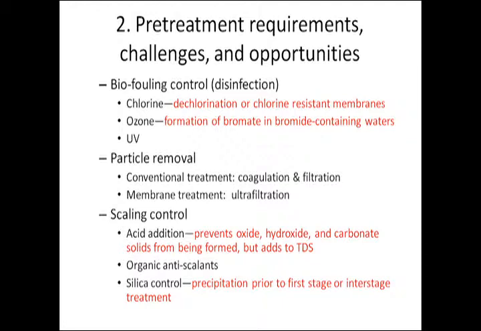And so we oftentimes reduce the pH of the water so that we don't precipitate a whole variety of different kinds of solids on the membranes as we increase the concentration of the ions on the pressure side of the membrane. We often add organic antiscalants to do that in addition to acid addition. And then I particularly note silica control because silica oftentimes is the critical component that prevents us from increasing the